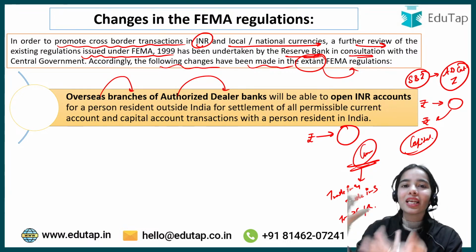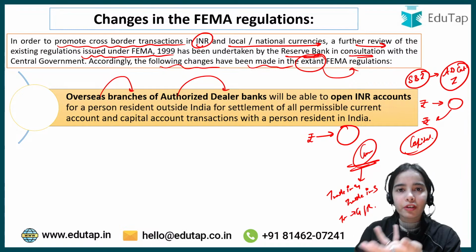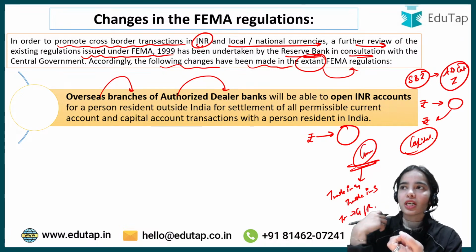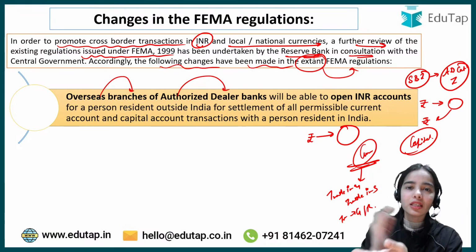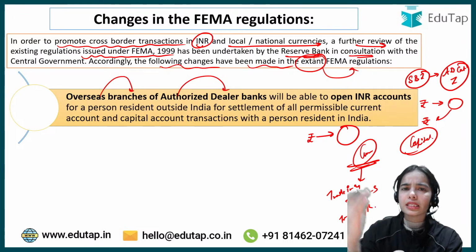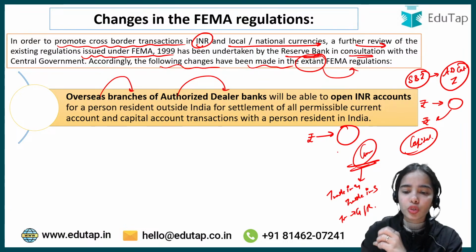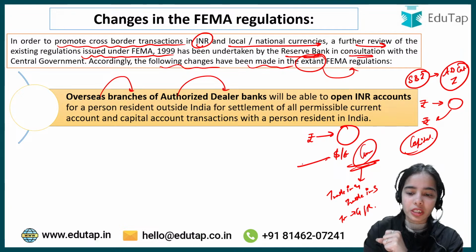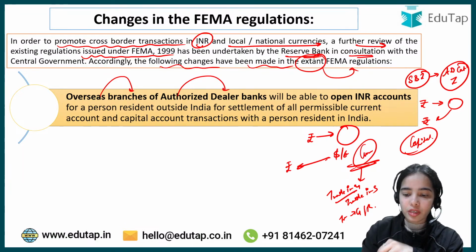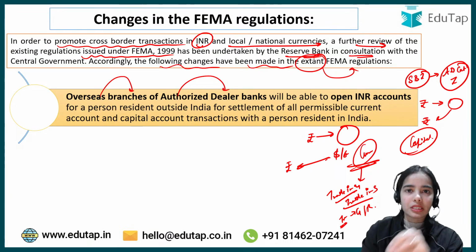Let's say the exporters are selling wheat, or they are selling rice, or they are selling tomato ketchup. So they are getting different currencies. They are getting euros, they are getting dollars. So dollars or euros have to be converted into rupees. So these are the current account transactions: trade in goods, trade in services, and transfer payments, the remittances, gifts, and such.